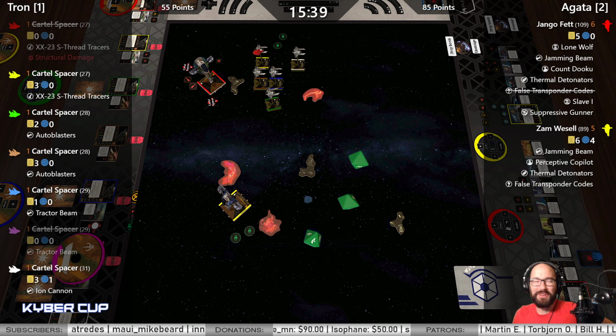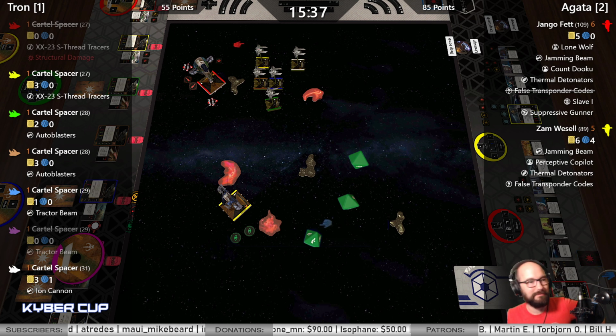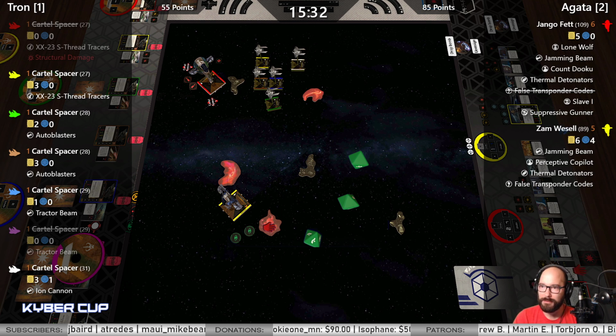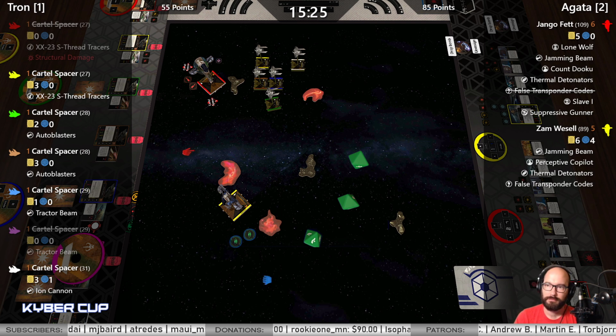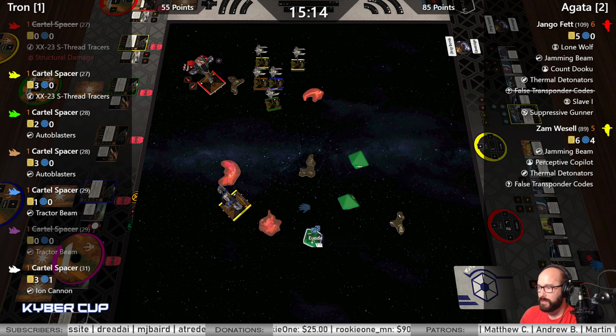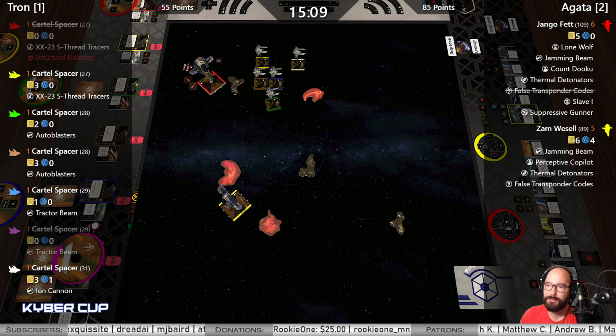And there we have it. With 15 minutes left in the game, Tron finally on the board. 55 to 85. So back to dials we go. Got a single thermal left on Zam. Probably not the turn to drop it. You could, but...